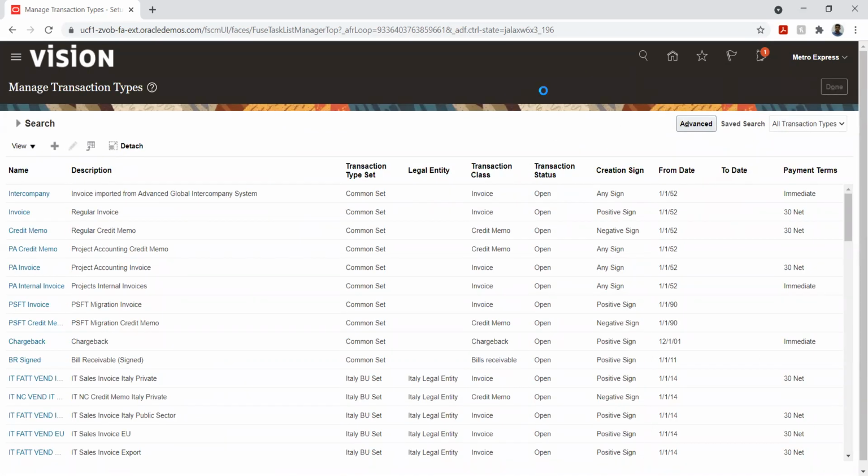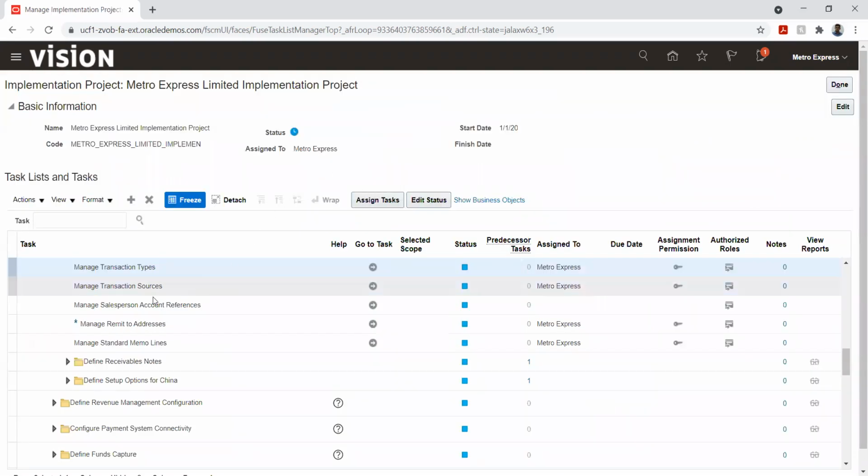So we have to create business unit now. No, we created the business unit. I'm not sure whether the access is given, so that's what I'm checking. Data access.